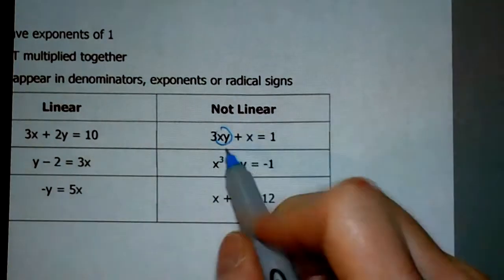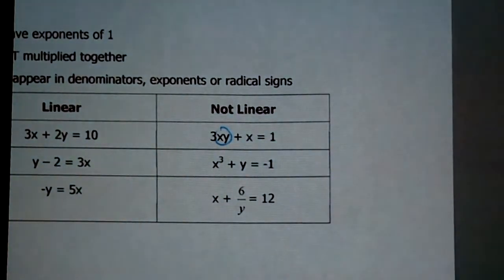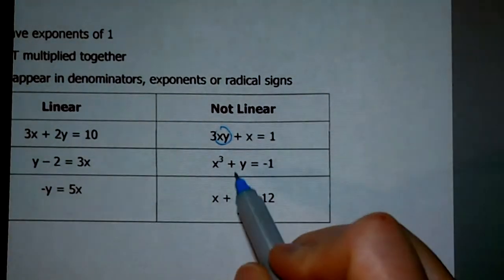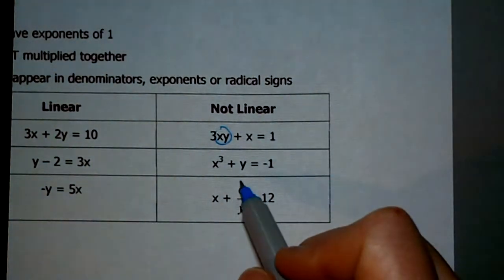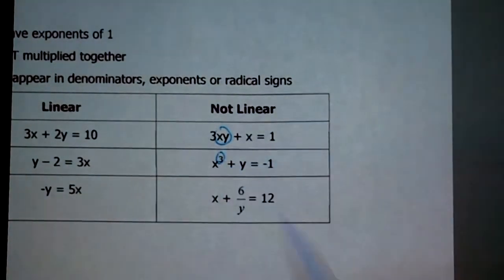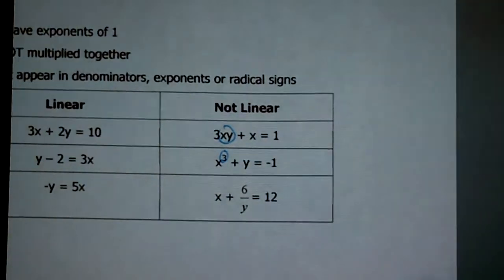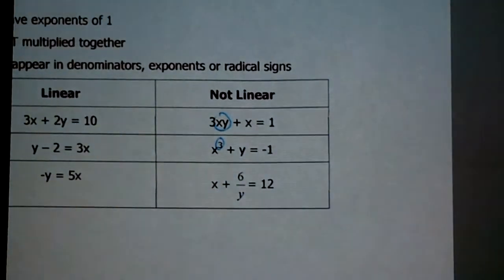Do you see how x and y are multiplied together right there? That's what makes it not linear. So we can move on. All right, take a look at the second example. The first thing we look for, do x and y both have exponents of 1? Nope. This x has a cubed. It's not linear. And finally, when you look at the third example here, x and y both have exponents of